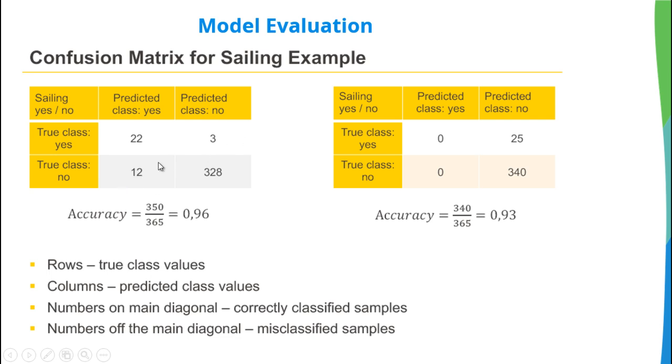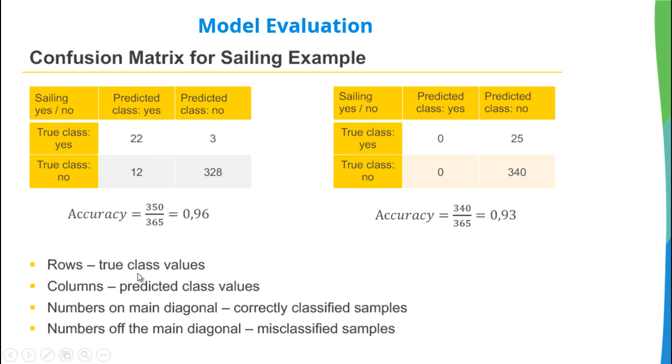You can see. So for you to get your accuracy now, what do you do? You add this plus this, the diagonal, over the total of everything. That is your accuracy. Accuracy is 0.96, right? If you check this one elsewhere, the accuracy of this one, you have 0 plus 340 over the total number of everything, which is this. So we have 0.93. That is how to get accuracy. You first add this together, divided by the total. It's as simple as that.